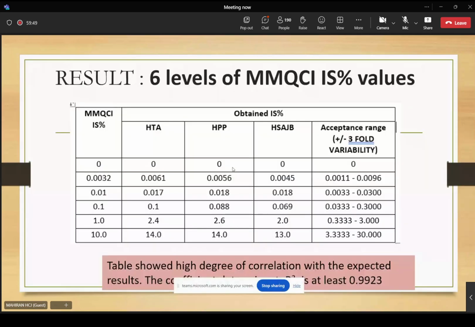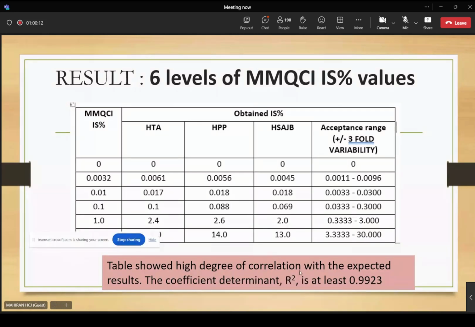Okay, seterusnya untuk verification ni setiap center menjalankan satu set lah. Satu full panel maksudnya. So selepas verification dijalankan, kita boleh lihat table show high degree of correlation with the expected results. So kita nampak dia within plus minus threefold variability. So kemudian untuk R squared pun